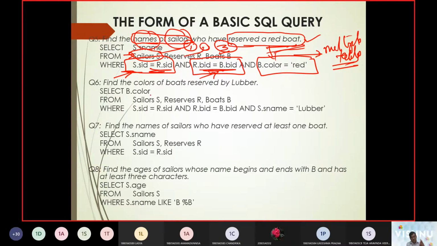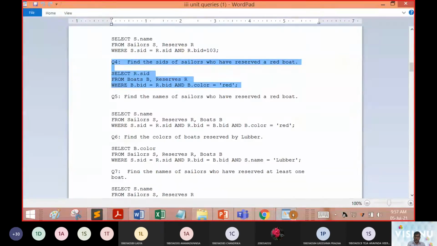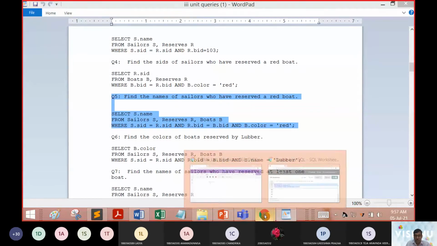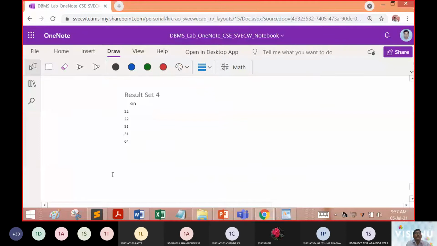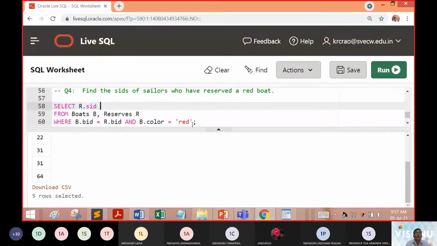And this is one form of a complex query. Why is it a complex query? The reason is we are going to check the sailors table, the reserves table, and the boats table. So we are now unifying the three tables in order to arrive at the decision. So we will now start executing this as a part of the exercise. So to move this forward, now we are going to bring this into live SQL for appropriate execution.